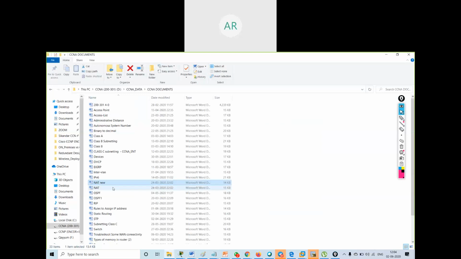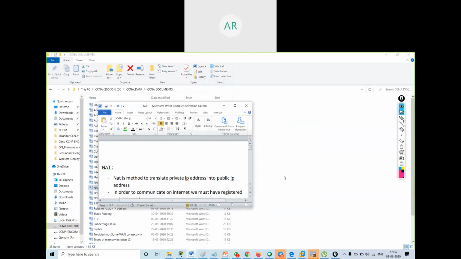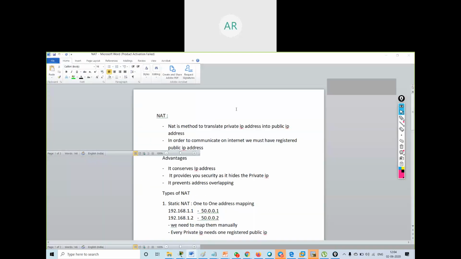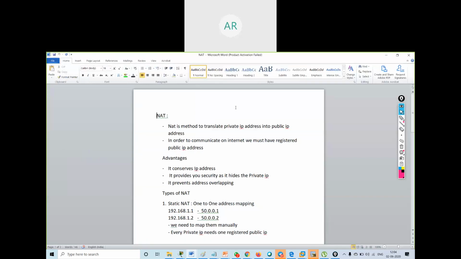Translating an IP address from one pool to another. Why do we need it? Primarily to conserve IPv4 addresses, and for security. Private to public.